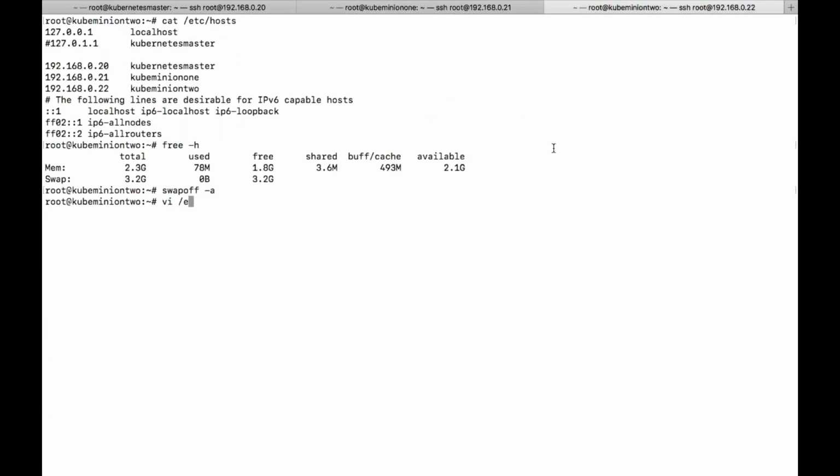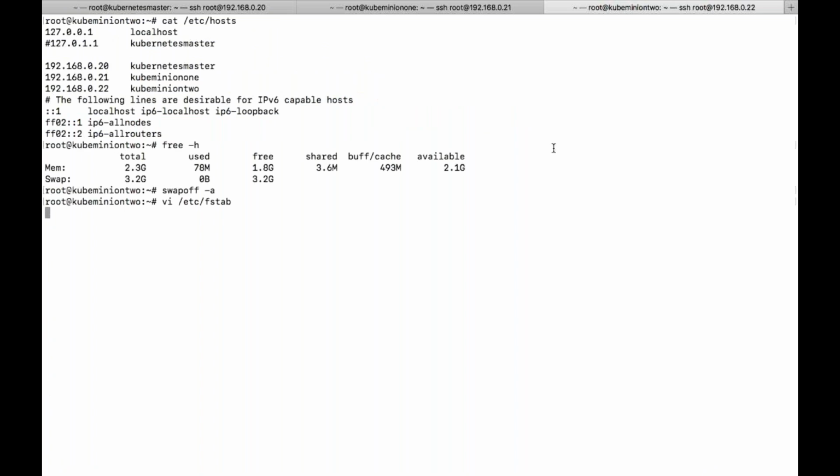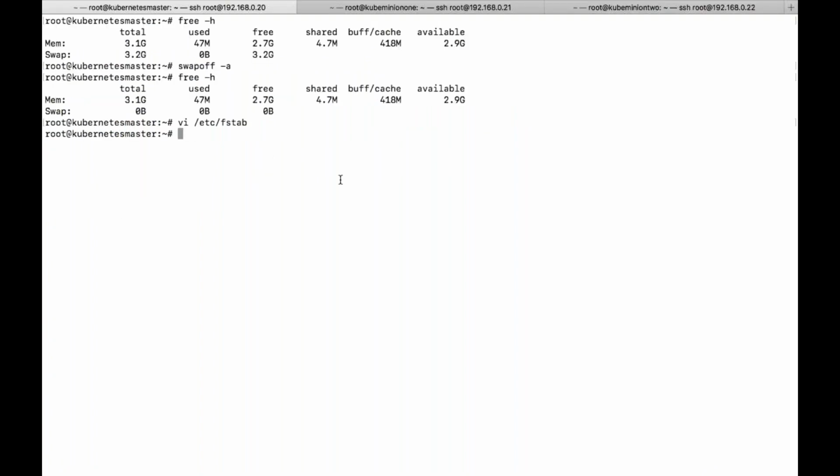This is called the file system tab. Whenever your machine is booted or rebooted, it will load the partition entries from this particular configuration file. So I have permanently disabled my swap memory, even if I reboot my system I don't see the swap memory enabled. If you want, you can test it by rebooting the server. That is up to you.